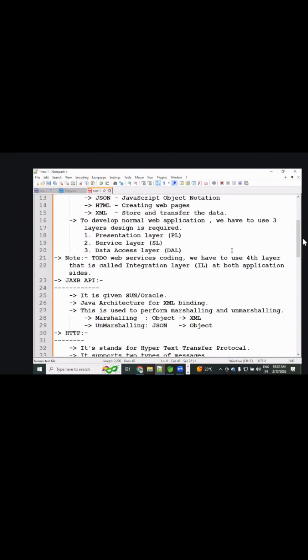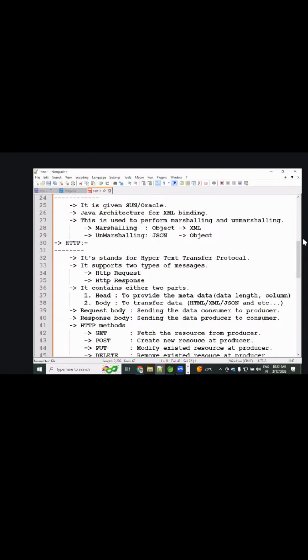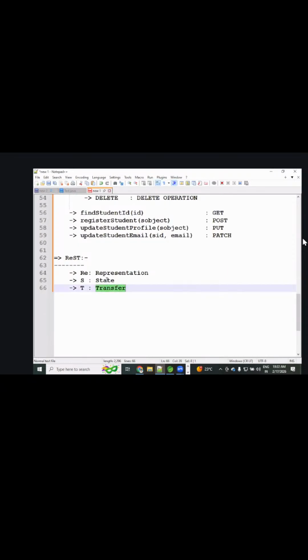Now you can come to here, rest. It can be transferring that state between producer and consumer. Producer and consumer always. Okay. So here, representation.